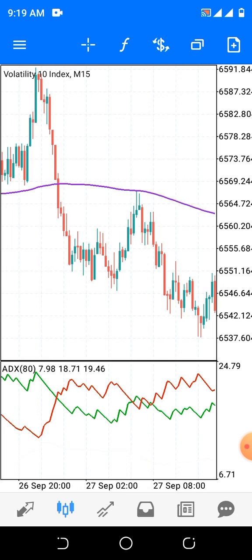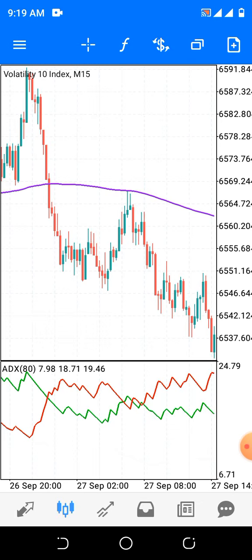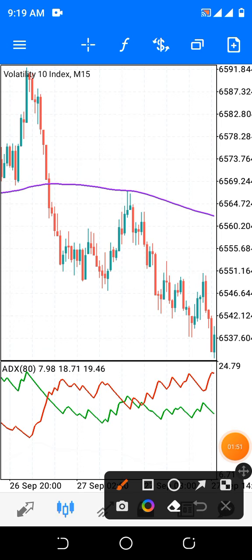Now when the market is below the moving average, that is a sell signal. That means the market is on a downtrend. Now you come to the side of ADX to look for your entry. In the side of ADX we have two lines, the red and green line. When the red line crosses upward, that is a clear entry for you, provided the market is selling.